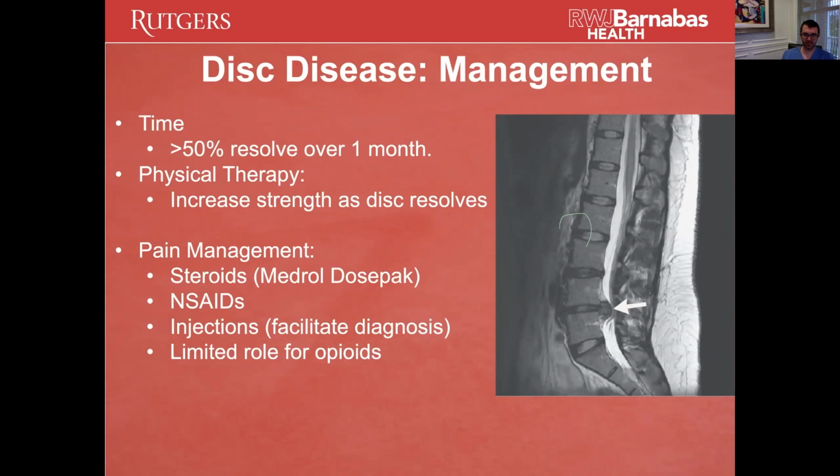Steroids are very helpful because they decrease inflammation, edema, and that will make patients feel a lot better as a bridge to when this goes away on its own. NSAIDs are good as well. Injections can sometimes help to facilitate a diagnosis because if you do a selective nerve block where a pain management doctor puts a needle and anesthetizes a specific nerve, if the patient doesn't get better, well, then we know that nerve's not the problem. If they do get better, then that implicates a nerve as the problem,